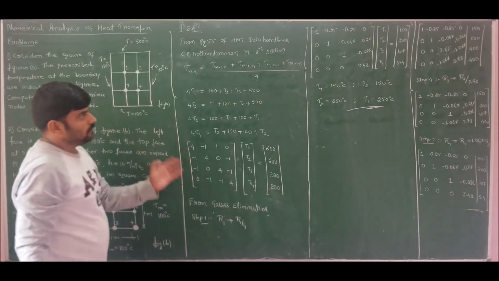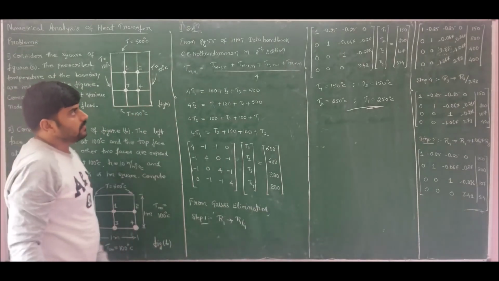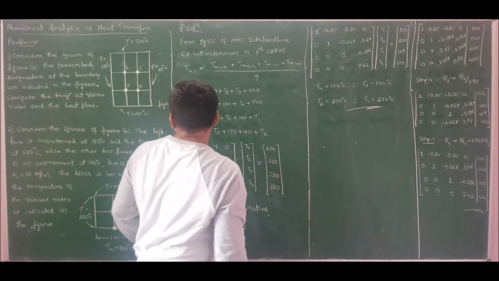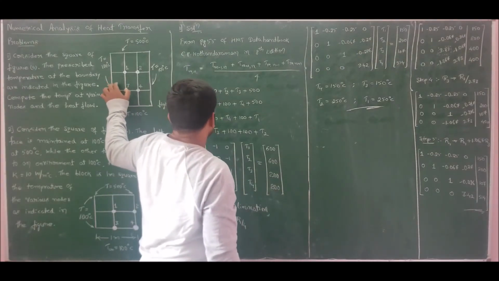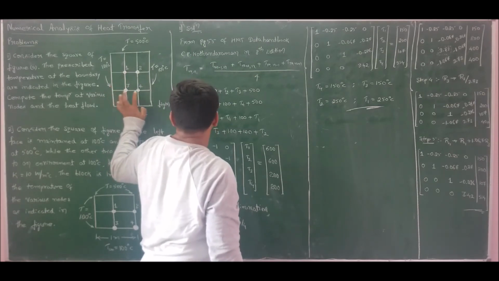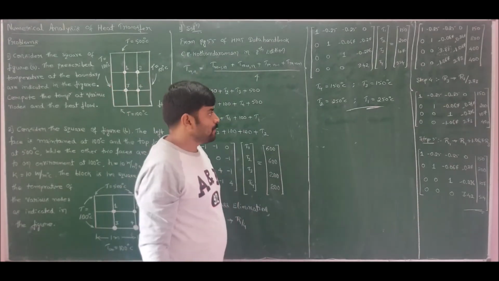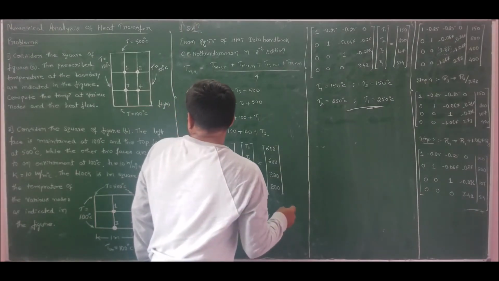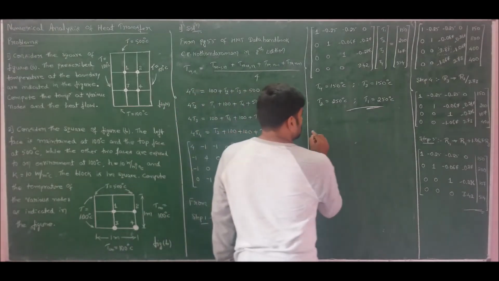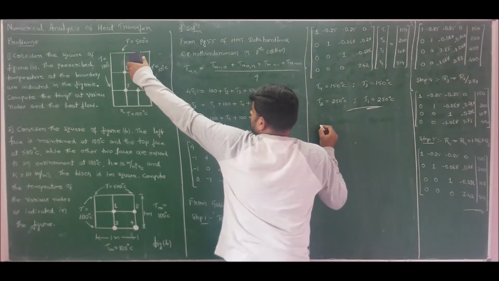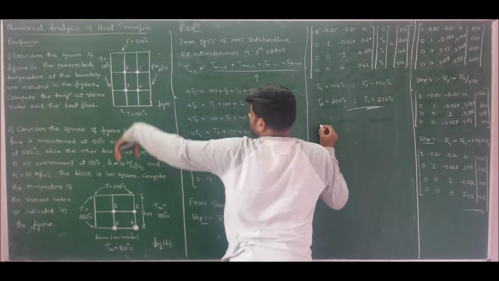So we have done forward elimination and finally backward substitution to find the values of temperatures at the nodes. So the temperature at node numbers 1 and 2 is 250 degrees Celsius. At node numbers 3 and 4 it is 150 degrees Celsius. Now he has asked us to calculate the heat flow. Heat is entering from the 500 degrees Celsius face and is leaving from the 100 degrees Celsius face.